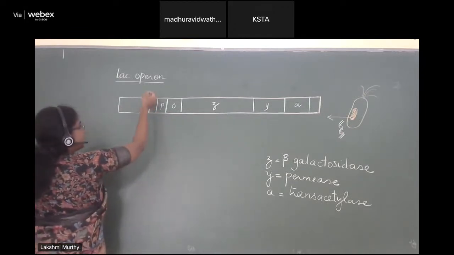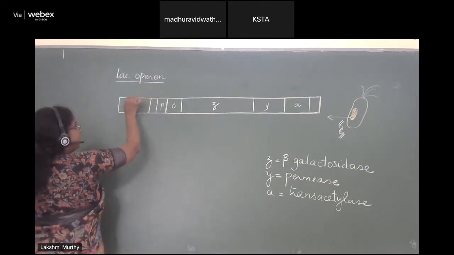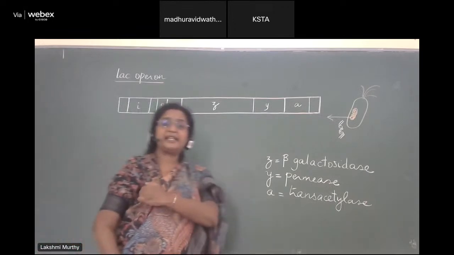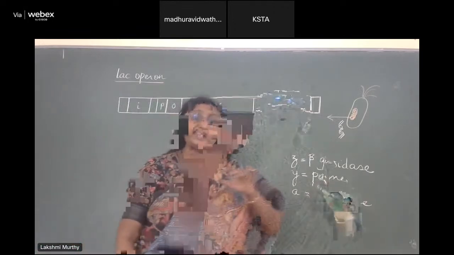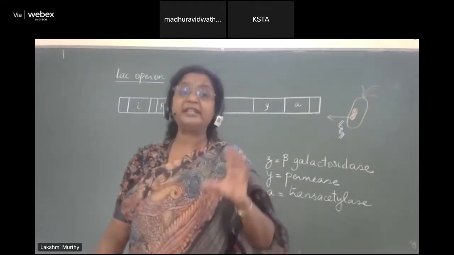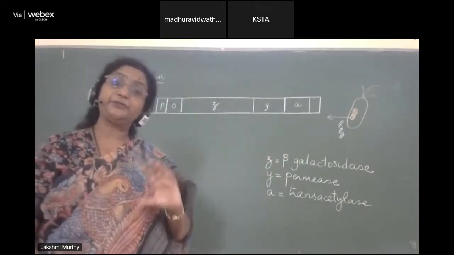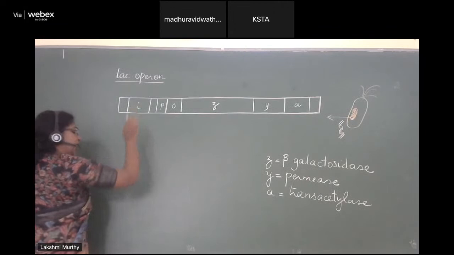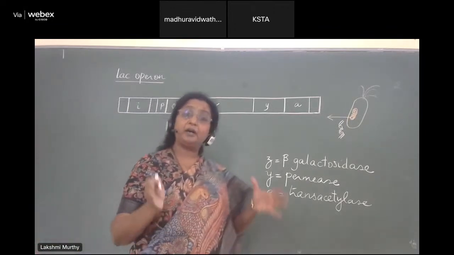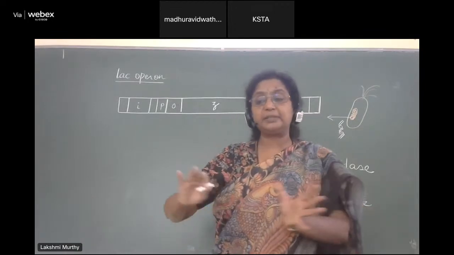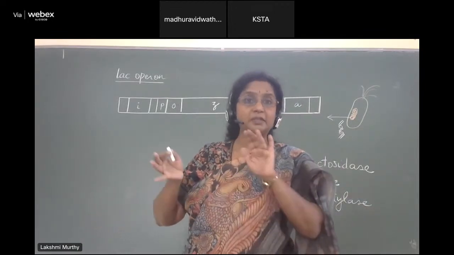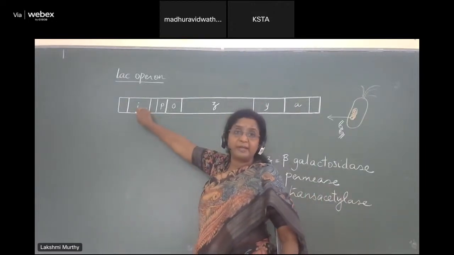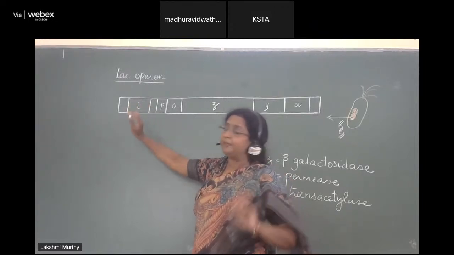Then I'm going to come to a small little gene present here, and that gene which is present here is going to be called gene I. Okay, gene I stands for inhibitor gene, or it is also called the regulator gene. Gene I stands for inhibitor or stands for regulator gene. Now, what is going to happen here? Next to the gene I actually is going to be also a structural gene, but it is part of the regulation site. Okay, it is also a structural gene and it's part of the regulation site. And this is gene I, which is going to be present here, called the regulator or the inhibitor gene.